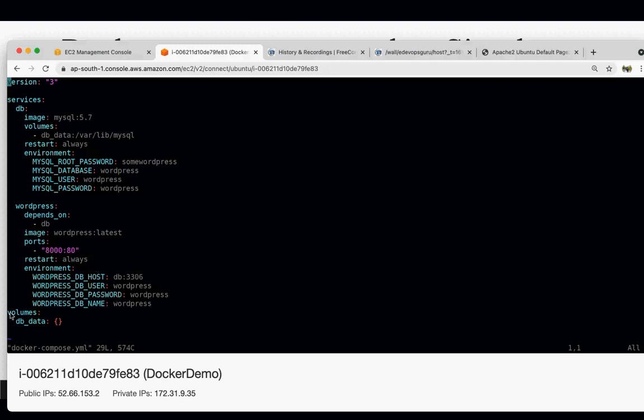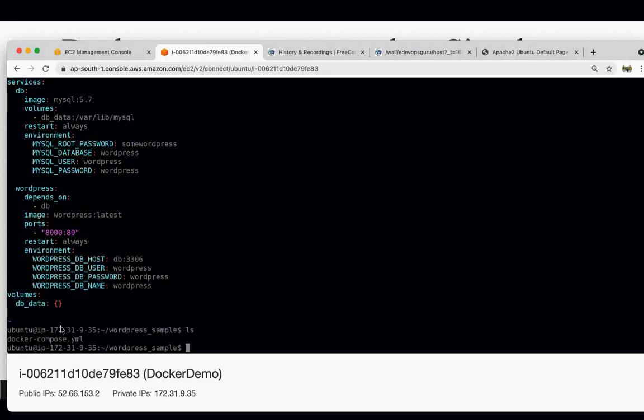And here the volume db_data is basically an empty directory, which is not persistent. If we change this path, then this would be created in a local path. I will come to that, but for now, whatever path we are giving would exist as long as this container is there. After that it would just be removed.